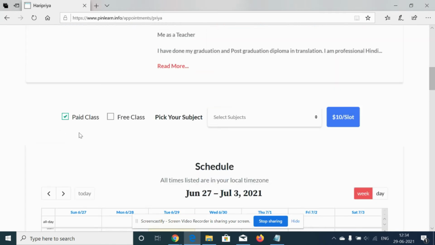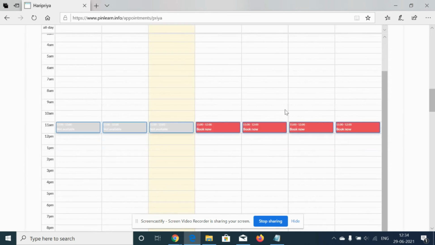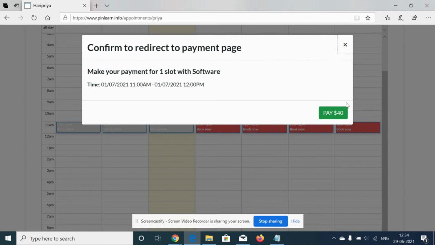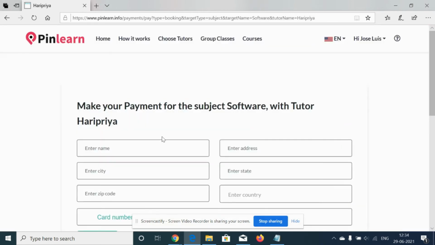It's automatically checked as a paid class, and now the student can choose a subject. And suppose he is booking for this particular slot, he can click on pay $40 and make the transaction.